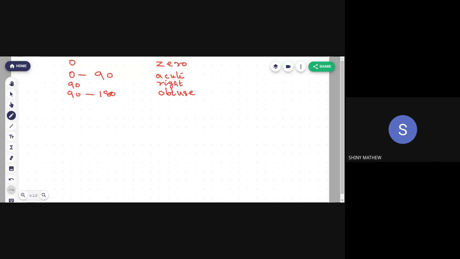So listen, if the measure is 0, then zero angle. If the measure is between 0 and 90, that is an acute angle. If the measure is 90, then right angle. Between 90 and 180, that is obtuse. Now if the measure is 180,